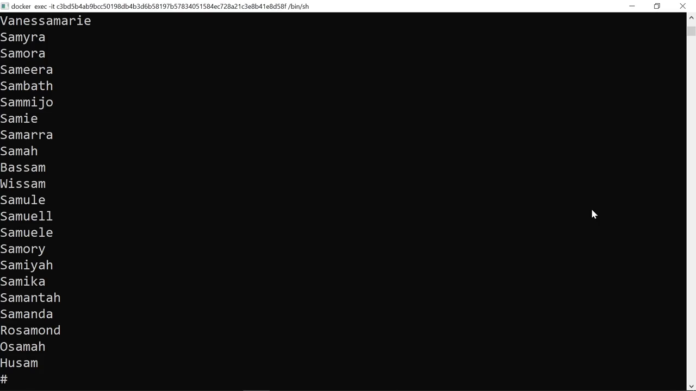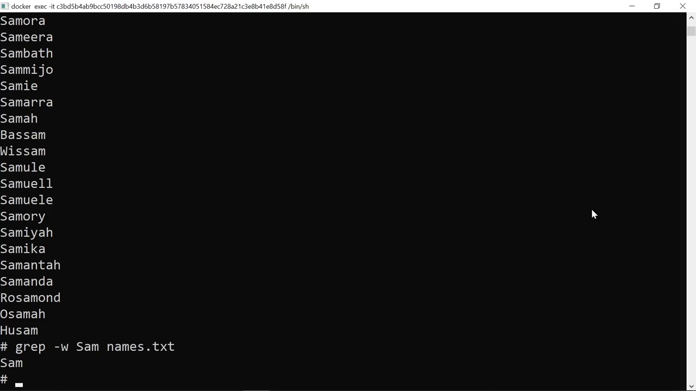We could also do an exact match by passing in a different flag, and that's the -w, which means it'll match exactly what I'm looking for. So I'll input grep -w and then pass in the keyword Sam with a capital S, and finally our file name, names.txt. In this case, we only get back a single result with the name Sam, as any partial matches are